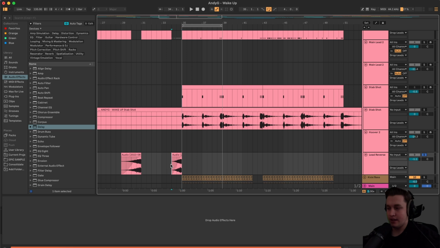And we just have a reverse lead going into the drop, just so it makes it a lot smoother going into the main drop. So if you